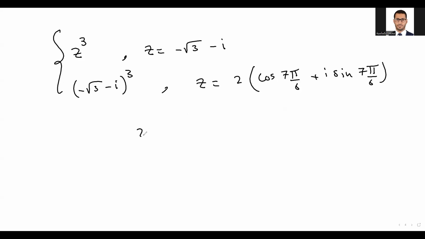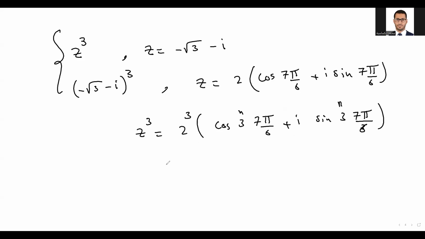And now z cubed equals 2 cubed (cosine 3 times 7 pi over 6 plus i sine 3 times 7 pi over 6), where n is 3 in each place,